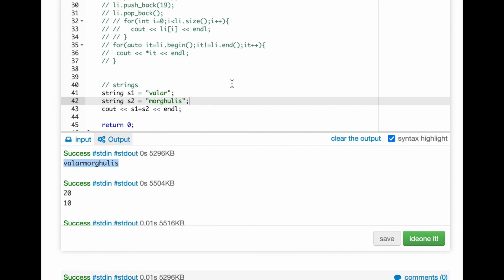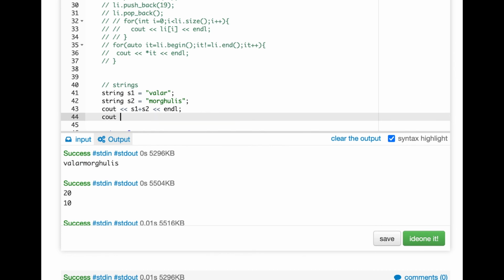The other operation which we can see is we can actually do a substring as well. So suppose I want to print a substring of s2. Substring basically takes the first parameter as the start iterator or the start index, from where I want to print the substring, and then the length, to what extent I want to print, right?